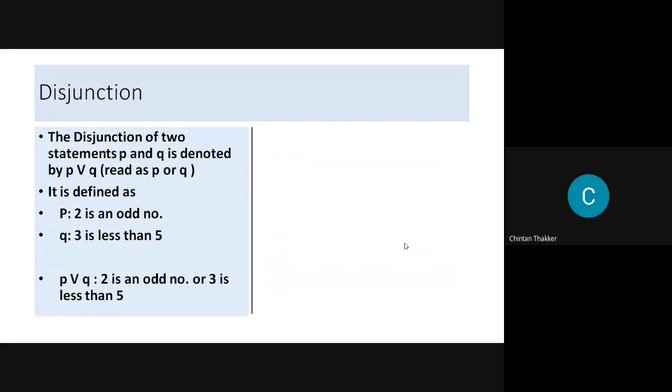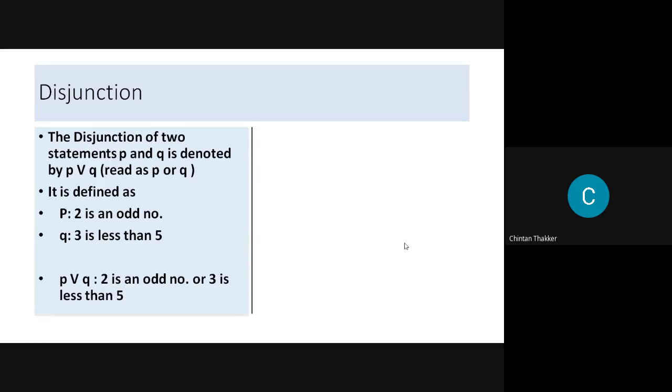Then the next statement is disjunction. Disjunction means here we use the OR operator. In some software languages, you say AND gate and OR gate, or AND operator and OR operator.